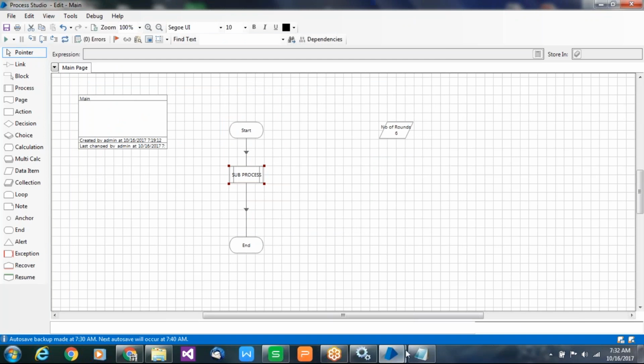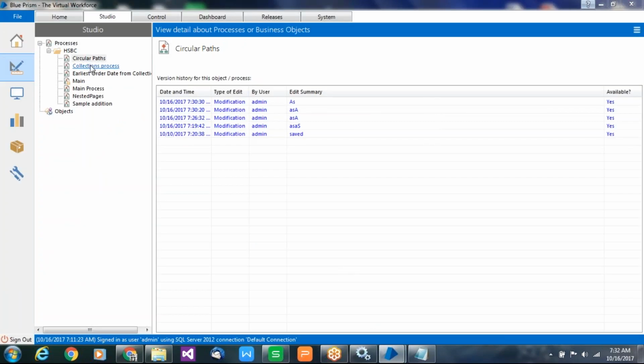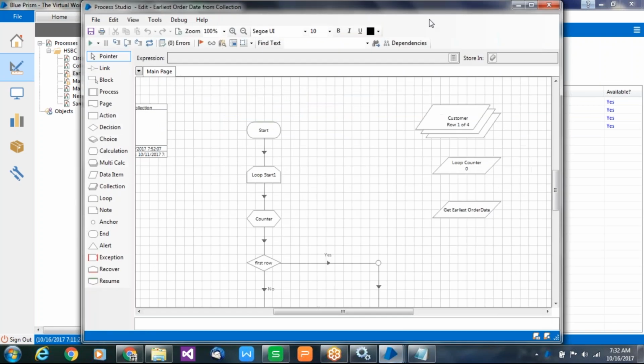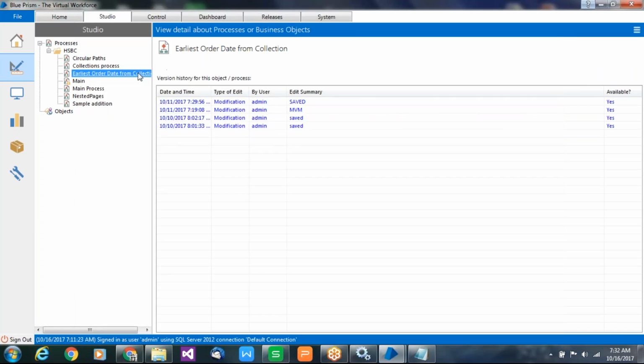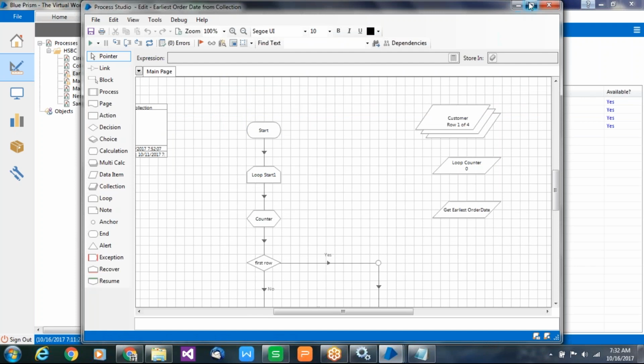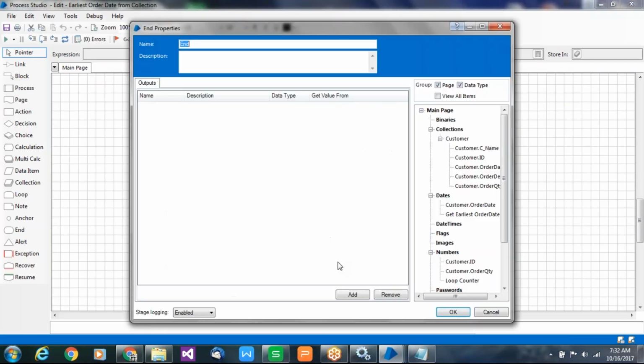Similarly, we can implement output parameters the same way. If you want to implement an output parameter, you can take any one. See, this is the one we can take, earliest order date. We are getting the earliest order date, right? The same thing we can see. Go here, add parameter, click on add, and give that